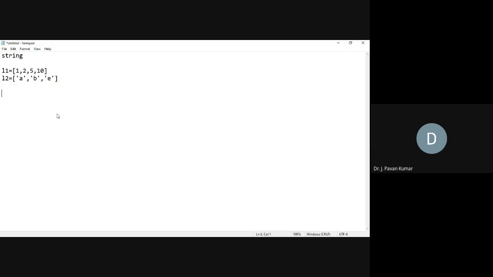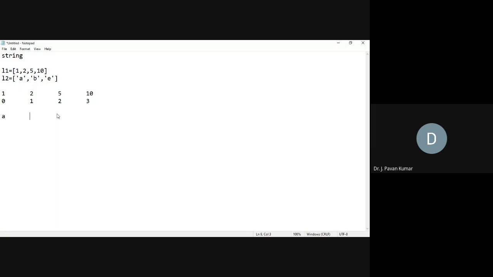With 4 elements, what will be the last index? 3 will be the last index: 0, 1, 2, 3. So 1, 2, 5, 10 will be stored at index 0, 1, 2, 3. Like this we will have a list.